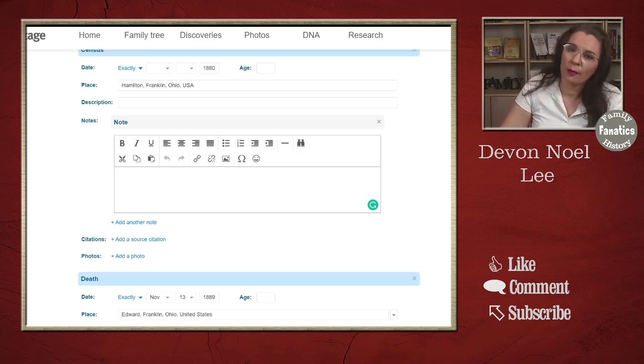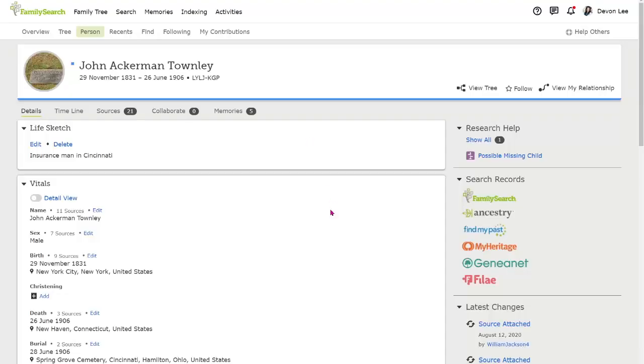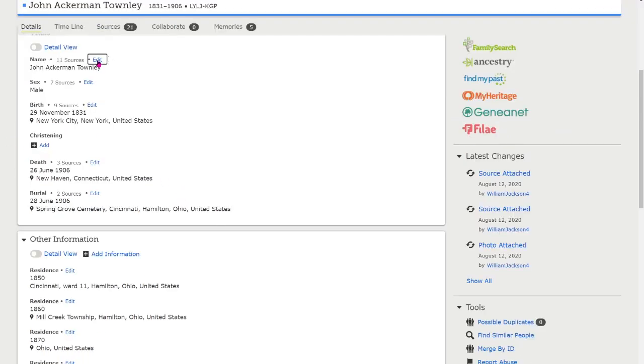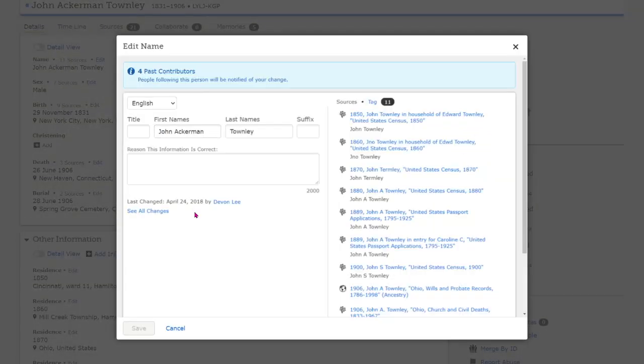So let's go over to FamilySearch. Now, FamilySearch has a number of places where you can keep notes. Right here is the life sketch field, and you can add a note there. Just click edit to add. I don't recommend that you have notes in your reason statements. I would rather have you say why this information got attached. And you can see in 2014, I forgot to add that information. But whenever you're adding something, tell other researchers why you're doing that.